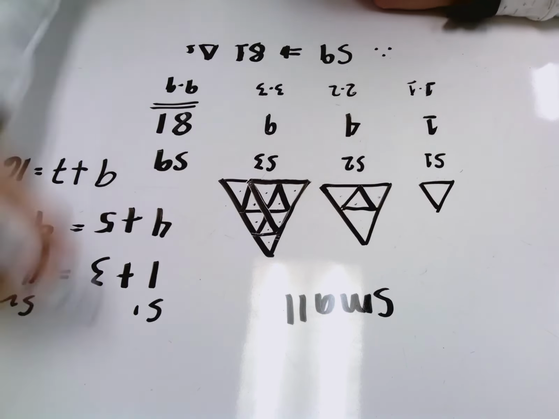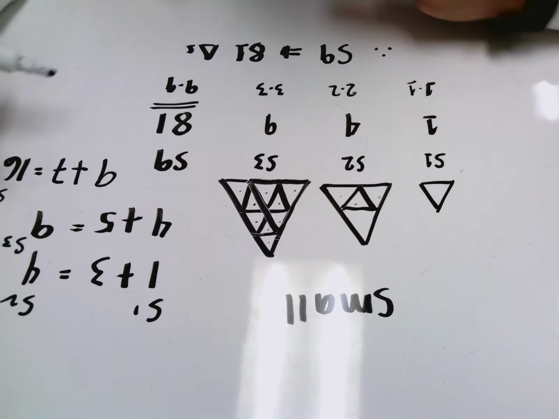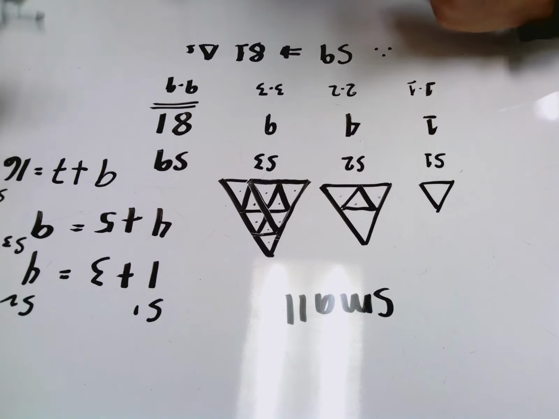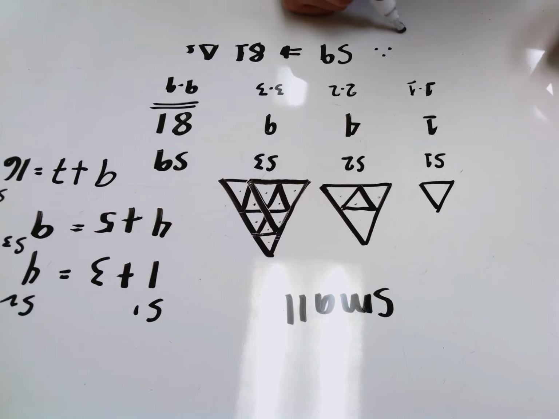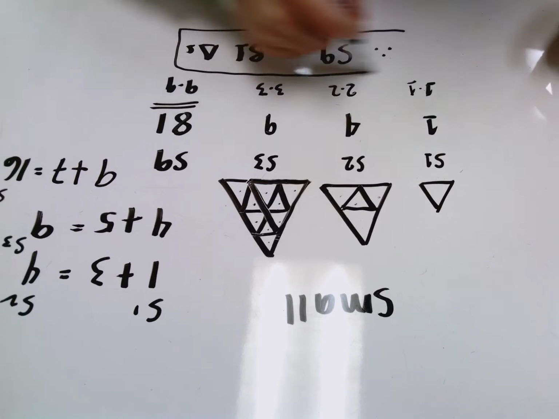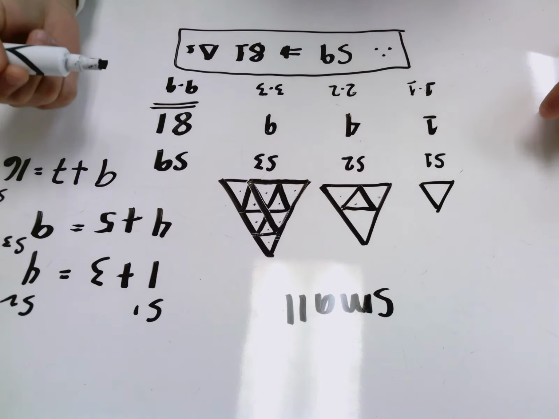So this process entails for you to know the number of small triangles in the previous stage, compared to the first process that we did. This does not necessarily